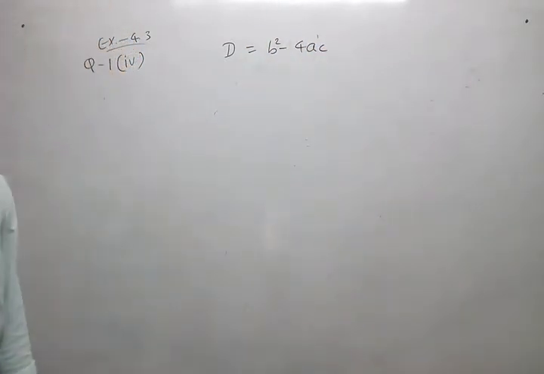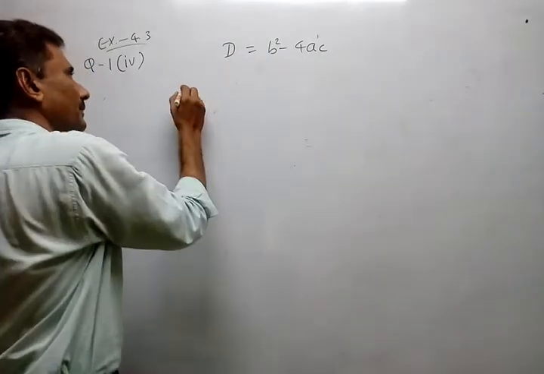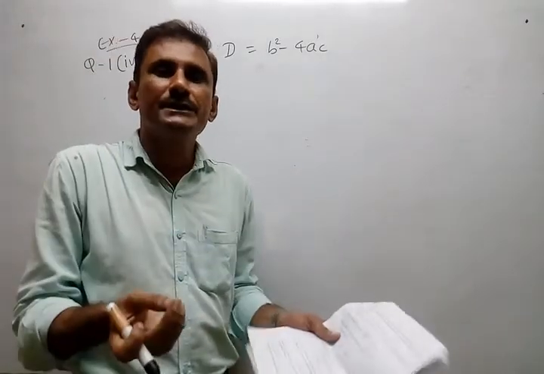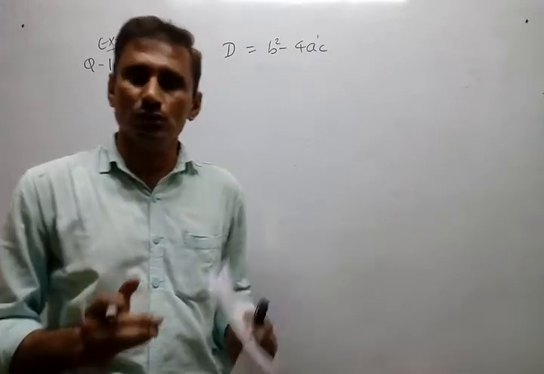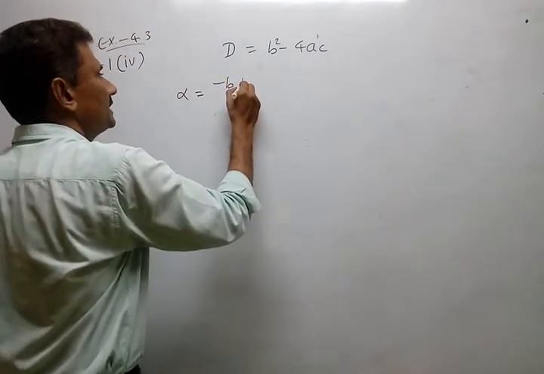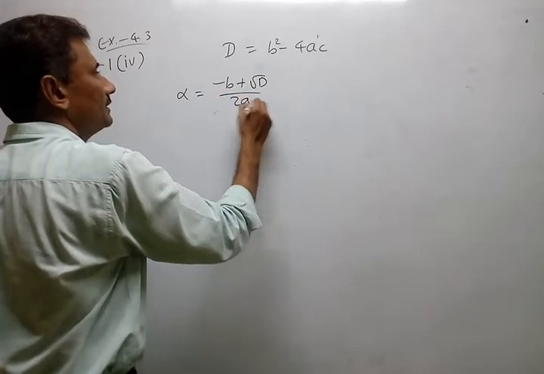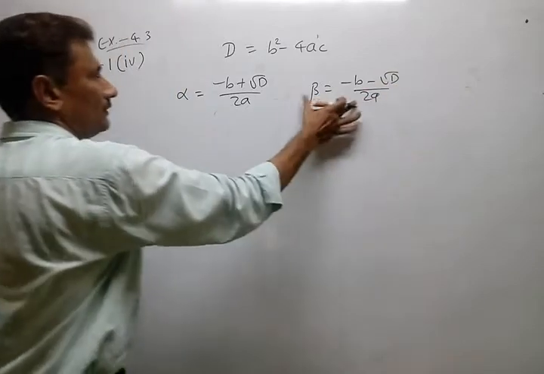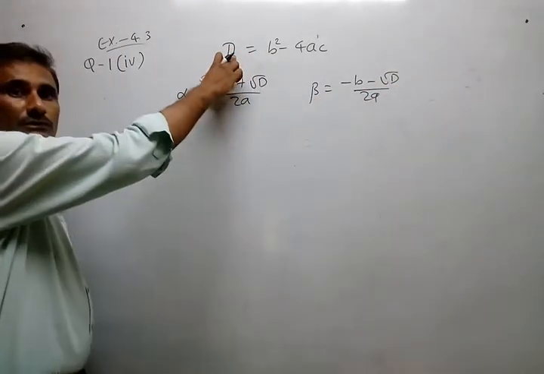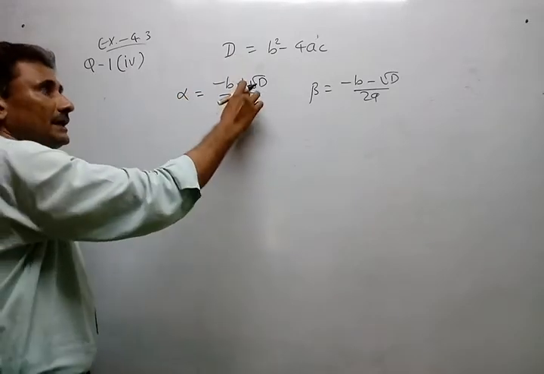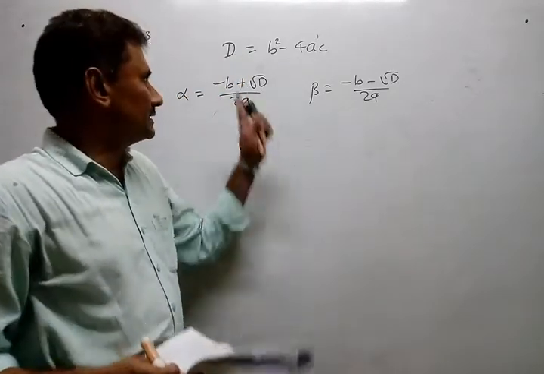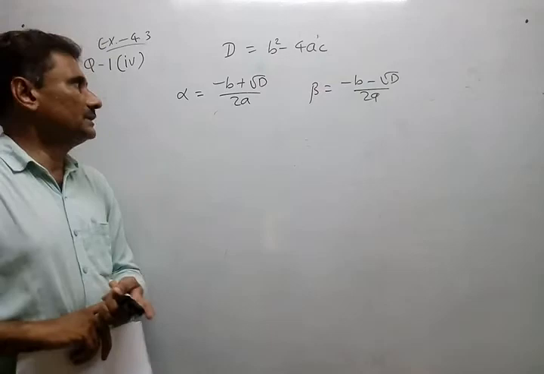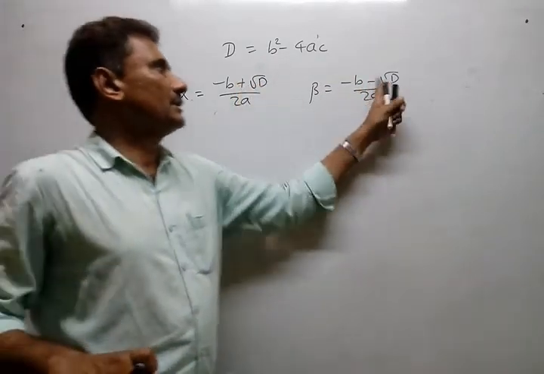After getting the discriminant, use that value and find out alpha and beta. Alpha, beta means two roots, two zeros. We already used these symbols in lesson number 2 also. So alpha is equal to minus b plus root D upon 2a, and beta equal to minus b minus root D. Actually it is one formula only, but whenever you try to find the root of any number, two answers will be there, plus and minus. So previously we have written two separate formulas. Basically they are the same. Once the root is taken positive and another time the root is taken negative.